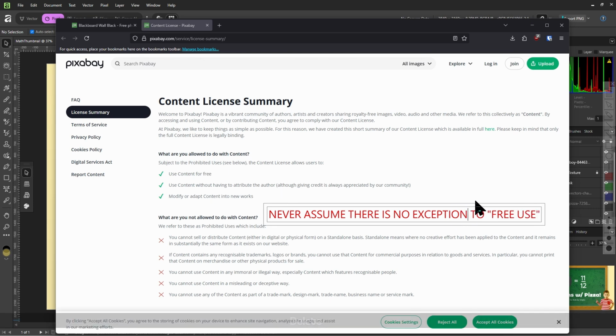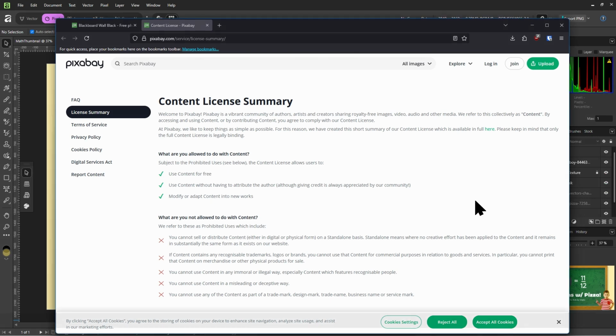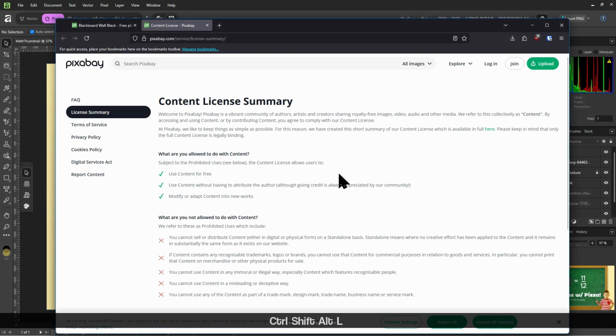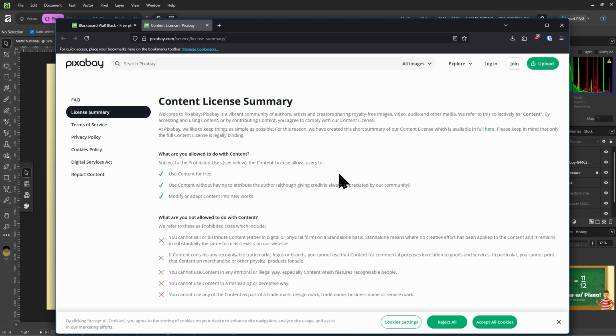Okay, there's a typo there, but I typed it in all caps, so I'm sure you still know it's a serious warning. Because yes, you can download content from Pixabay for free, but there are exceptions, as in cases where you are not allowed to use content from Pixabay.